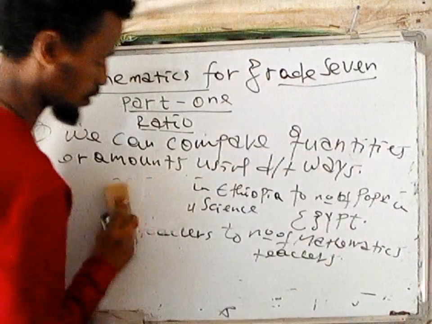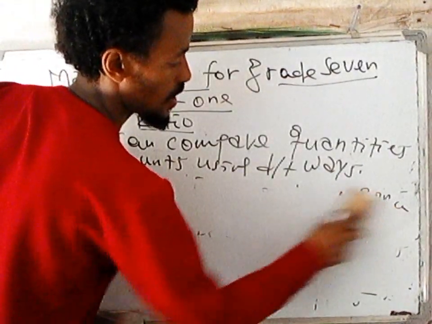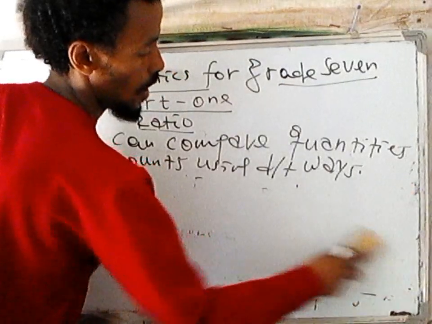This is about part to part ratio. For example, in one family